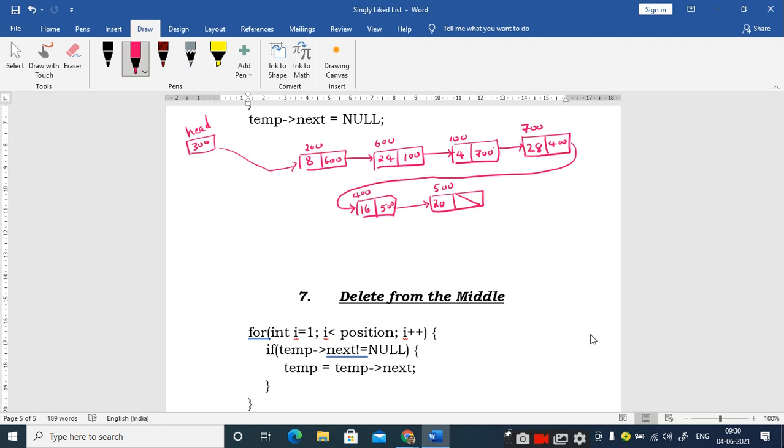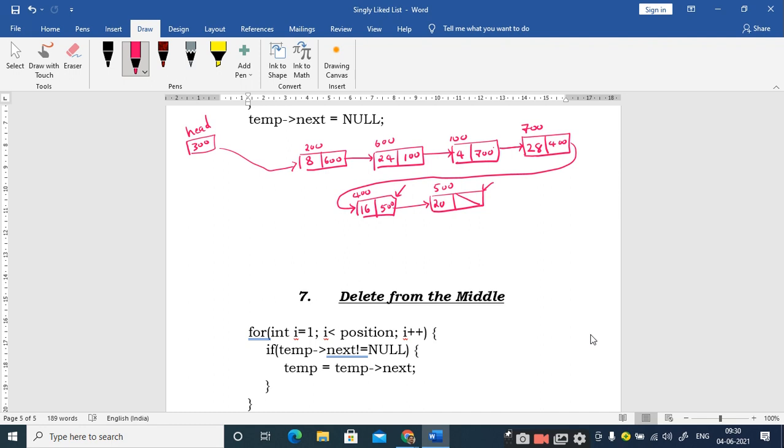Right. So what is the concept we are discussing? We are going to delete the last node. So I should have either a pointer pointing to this location or a pointer pointing to this location, right?